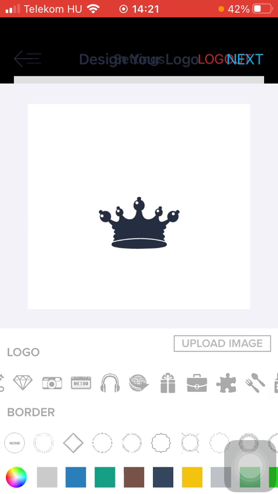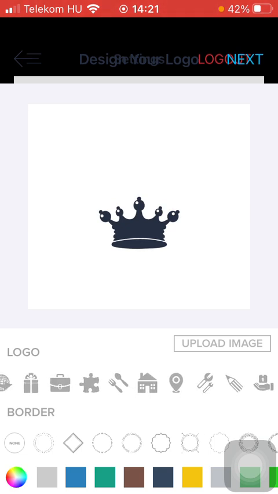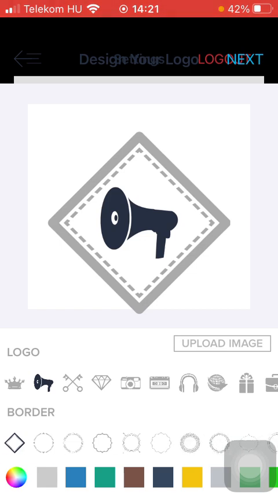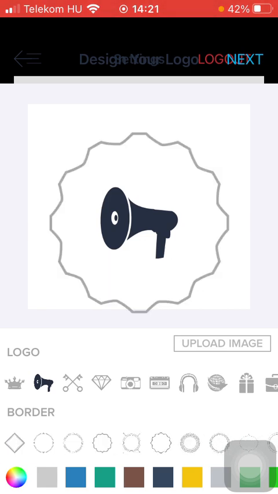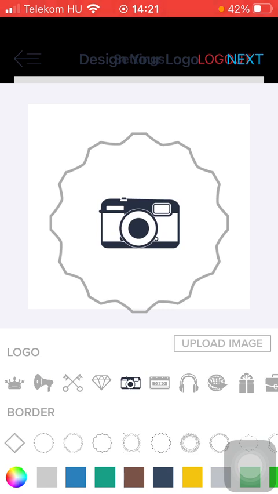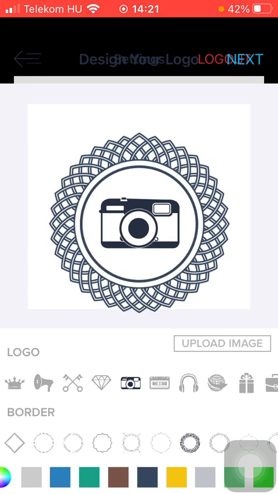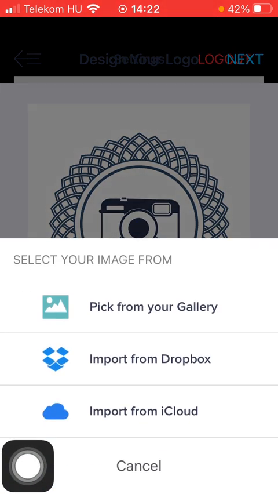Here you can find a bunch of logos at the bottom of the screen. So tap on the relevant one, you can select a border. Here you can find the available options down below, and the color can be set as well. If you tap on the logo, you can change the color of it too, but you can also upload an